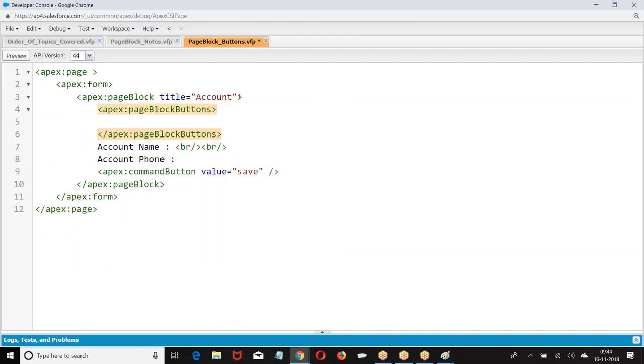Buttons for this block. Whatever you write need not be a button only. You can create a link, you can create a box. Whatever we write within the page block buttons will be displayed in the header.